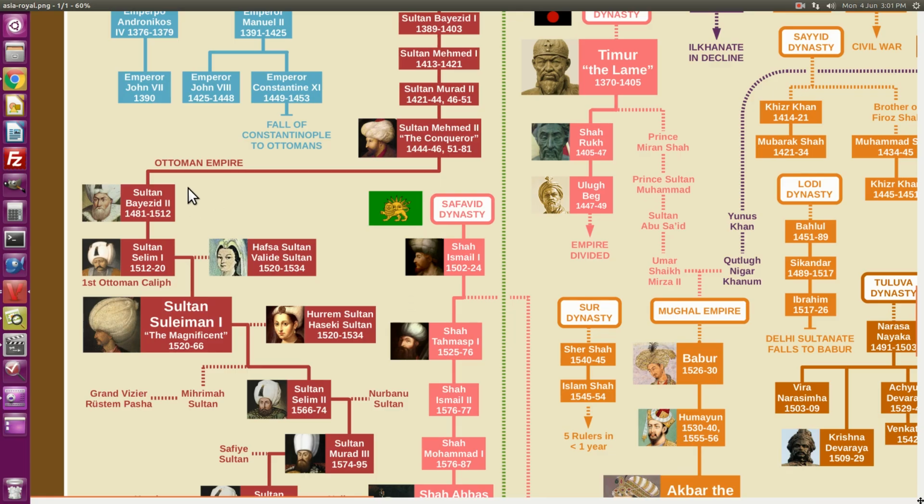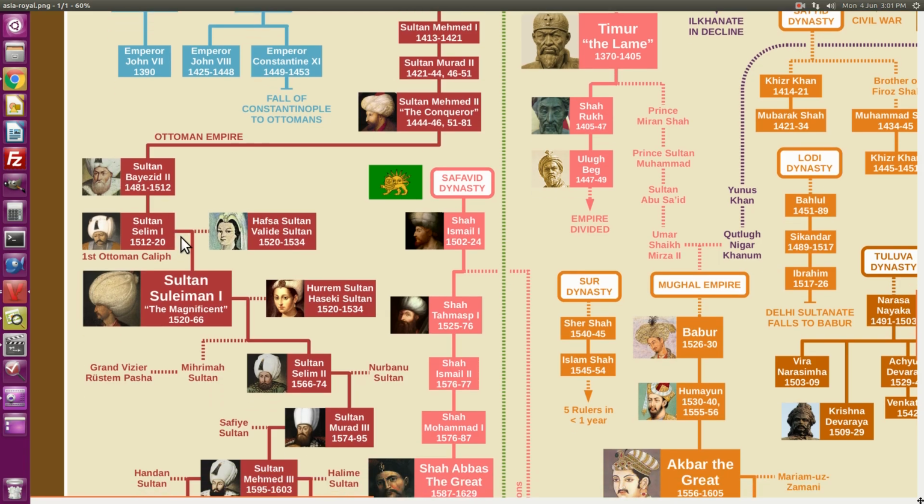So we get Sultan Bayezid II. He's known for accepting Jews into the Middle East after they were kicked out of Spain. And it's his son, Selim I, who becomes the first Ottoman caliph. Now, the caliphs after the